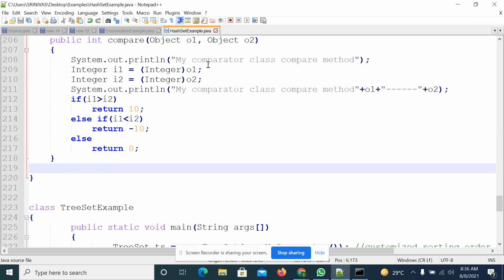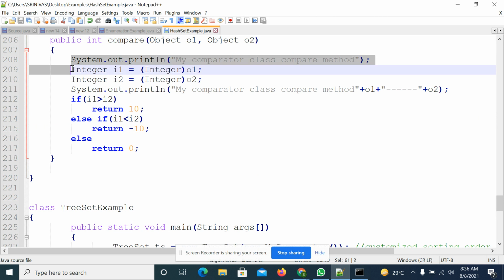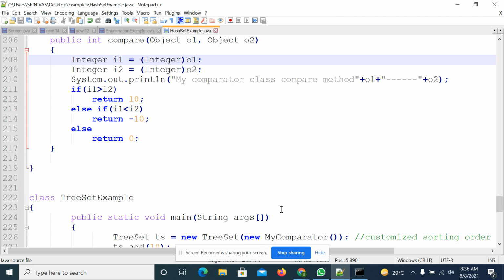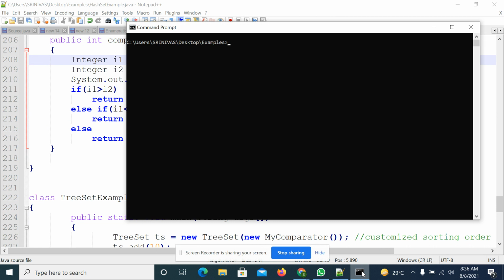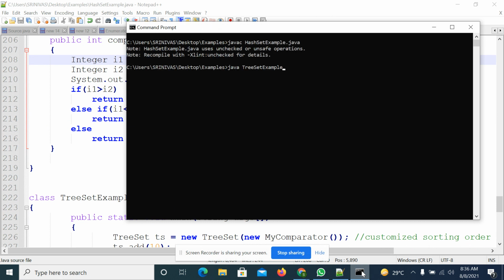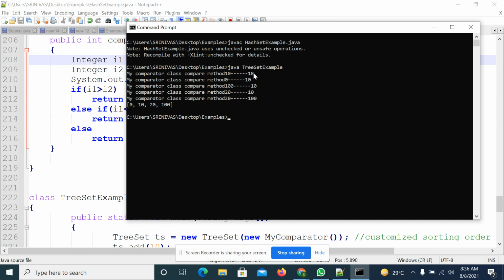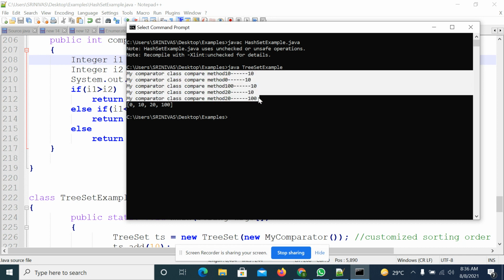Where is that method? I think this is not required. So I will compile and execute one more time. Executing. See, 1, 2, 3, 4, 5. 5 times comparison is happening. Why 5 times? That will be based on sorting techniques. Sorting techniques means we have bubble sort, insertion sort, selection sort, right? So which sorting technique they are using, based on that it will work. Those many comparisons will be there, right?